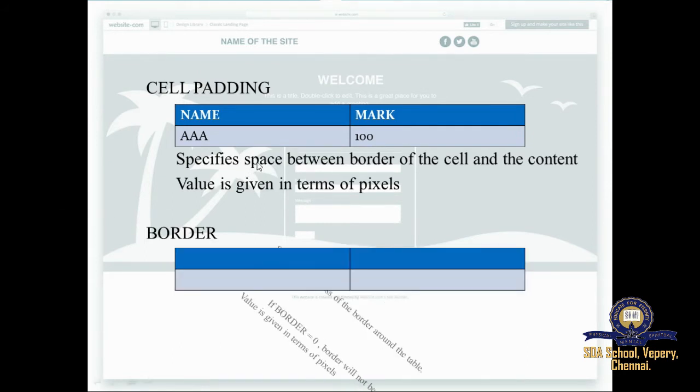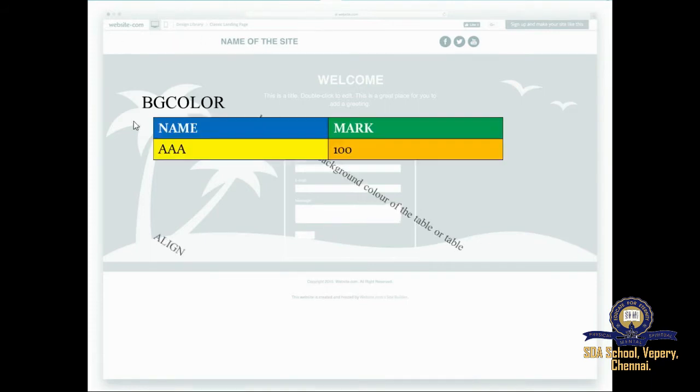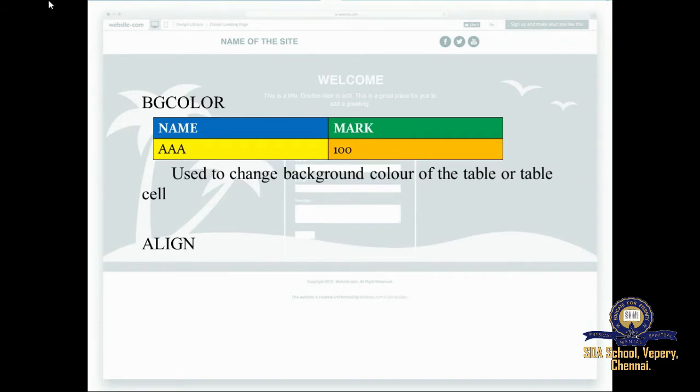Okay. So the next thing, BG color. What is BG? Yes, background. So the next attribute we are going to see is background color. You can give some background colors to your table. Look at this. You can give different colors or a similar color, whatever you want. You are specifying background colors for the tables. I have given individual colors for each and every cell. You can even give all the cells together a single color also. So it is used to change the background color of the table or a table cell, on the whole table or an individual cell. That is the example I have given here for the background color.